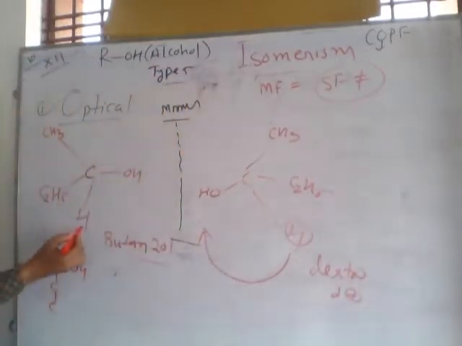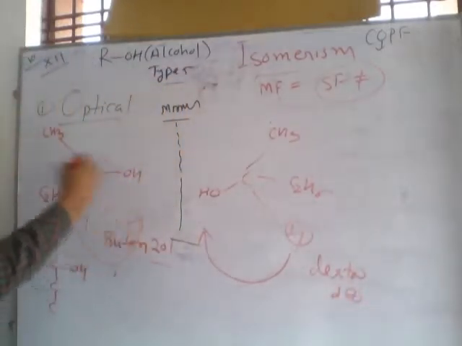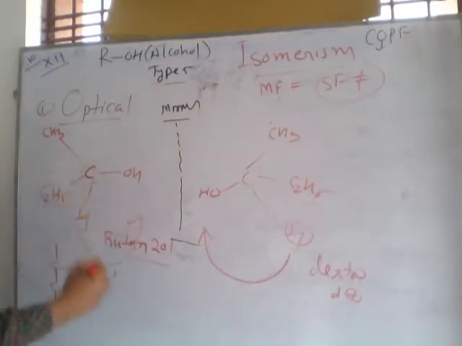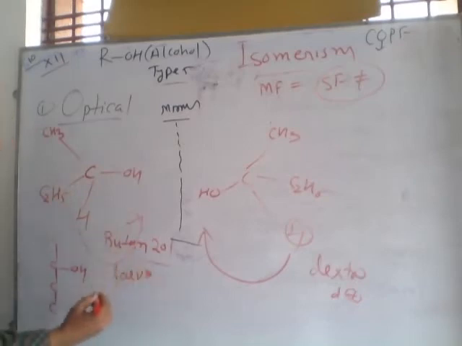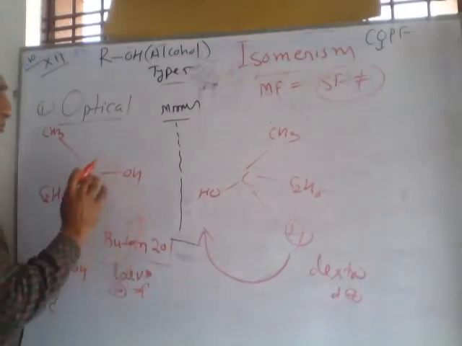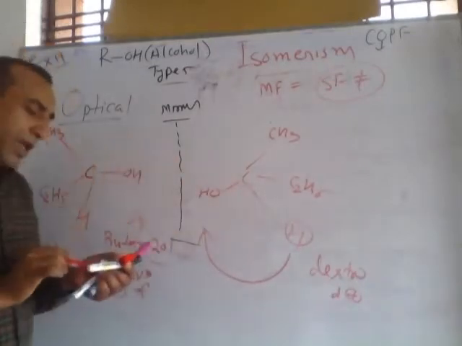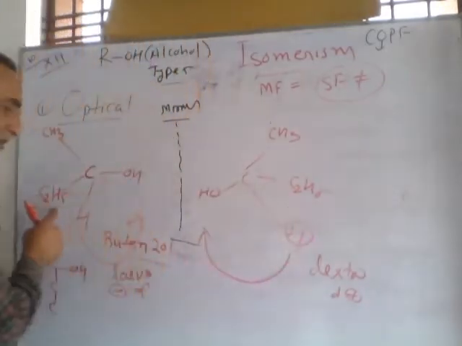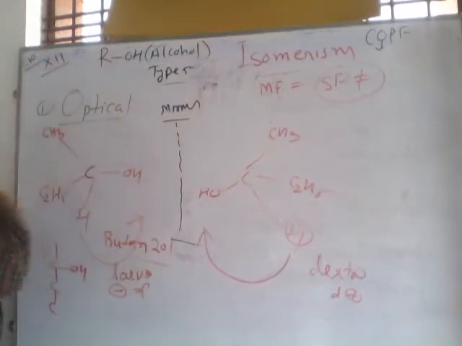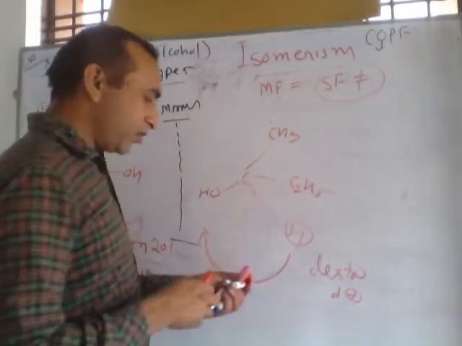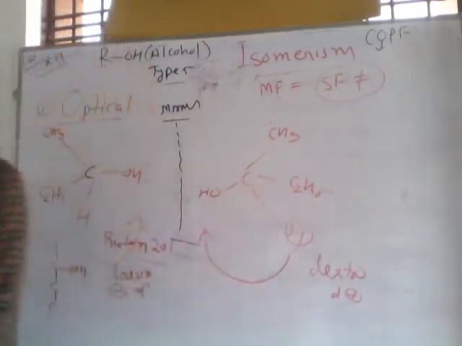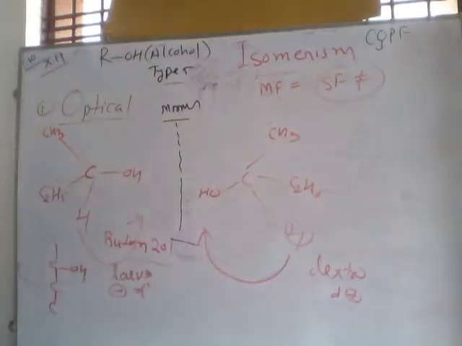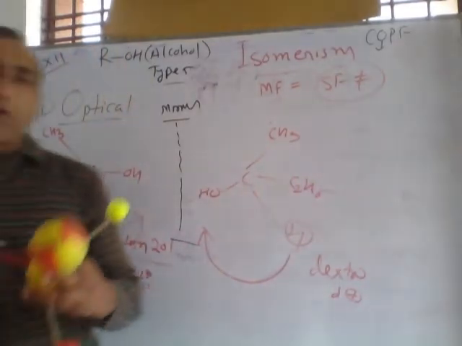We start from hydrogen and the arrow is anti-clockwise. Anti-clockwise means left-hand side. We write L for this compound. We call the levo-rotated compound minus, also called L. So this is the behavior of these two compounds with PPL, plane polarized light. If we pass plane polarized light through this compound, it rotates PPL toward the left-hand side. The other compound will rotate PPL toward the right-hand side. So these two compounds are called optical isomers. We can understand this process with the help of this simple model.